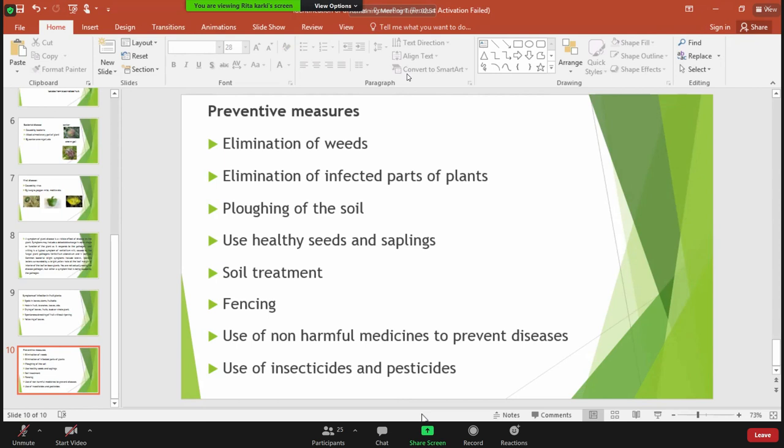But as we all are very, very familiar, insecticides and pesticides are not so recommendable because they can cause several major types of problems in the health of human beings, as well as later on, within a longer period of time, those fruit trees may die or will not be able to bear a huge amount of fruits, depending upon the amount of insecticides and pesticides that we have used. That is why we should use non-harmful, locally available medicinal plants